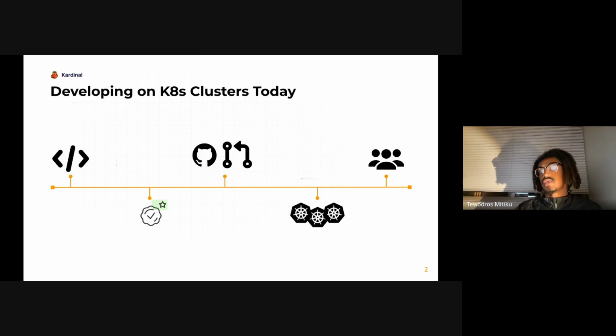The second thing that I wanted to highlight is that within this process, usually we put time into getting into these pre-production clusters as fast as possible. We put time into making sure that the process of getting into those pre-production clusters is as fast as possible. And why do we do that? Well, we know that there is a whole host of issues that we can only realize by getting these services into a production-like environment, right?